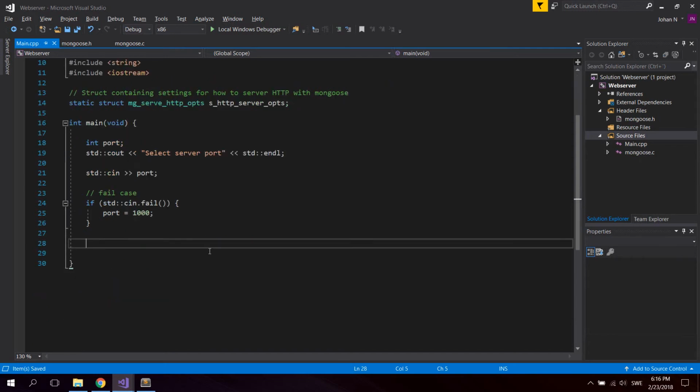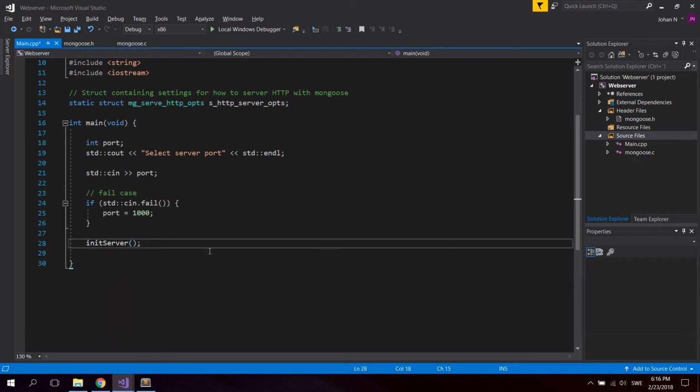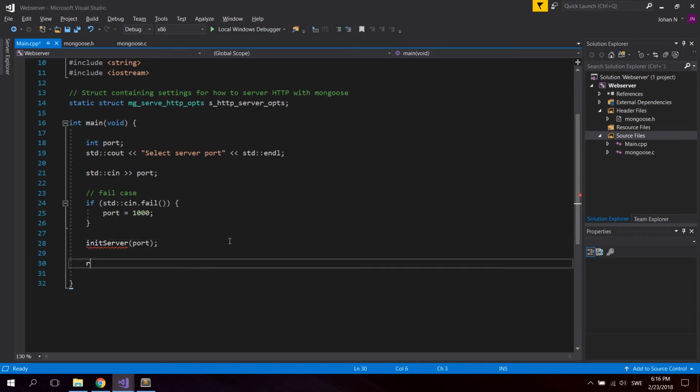And then we're just gonna call a function which we will create soon, which is called init server, which will start the actual connection to the server. And we're gonna pass in the port, which the user defined, or if it's not defined, it's set to 1000. And let's just say return 0 here. So now this is marked red, of course, because this function does not exist yet, but we will create it